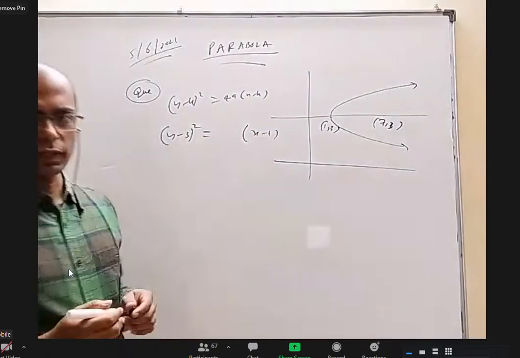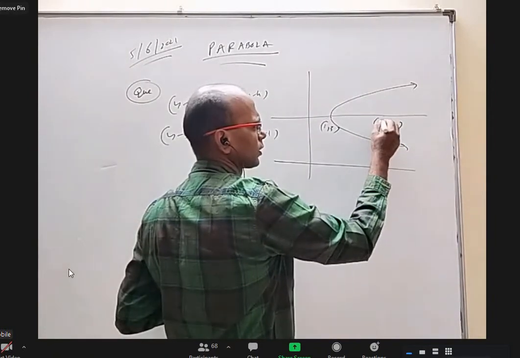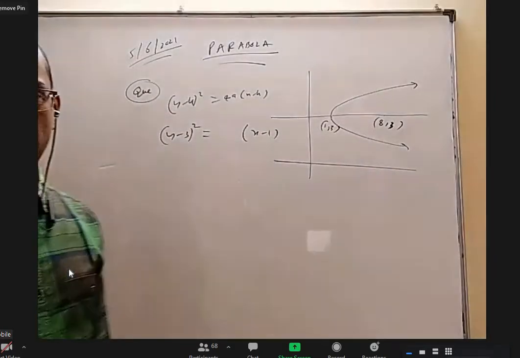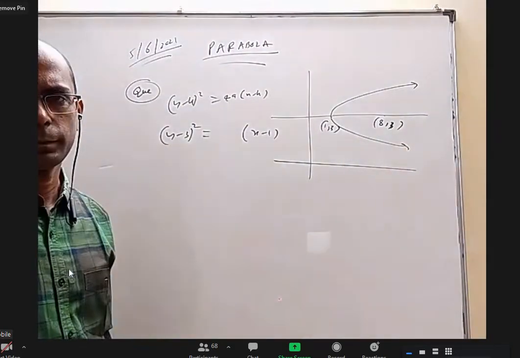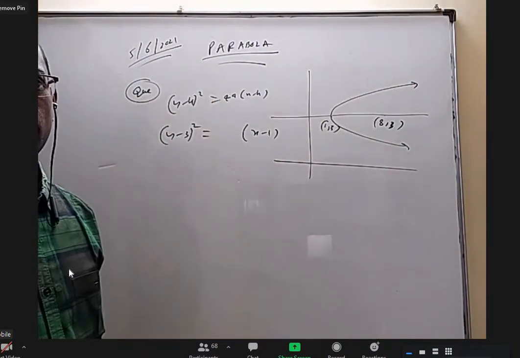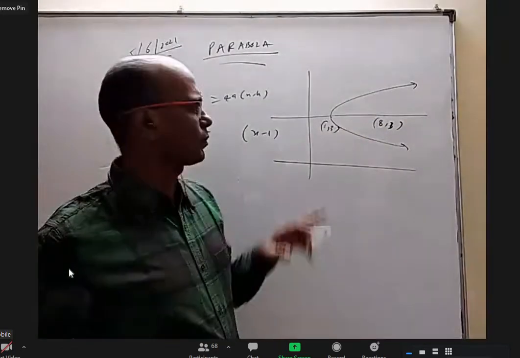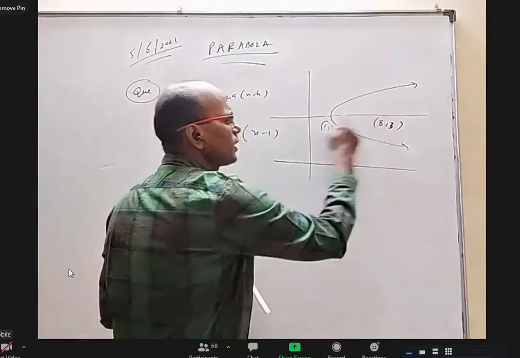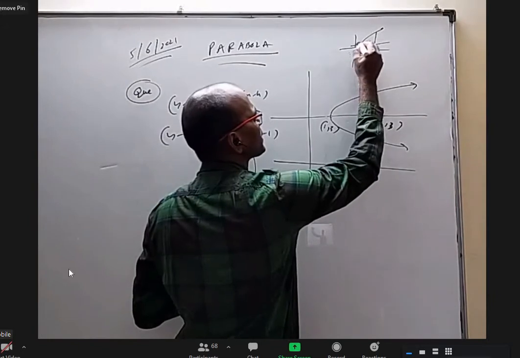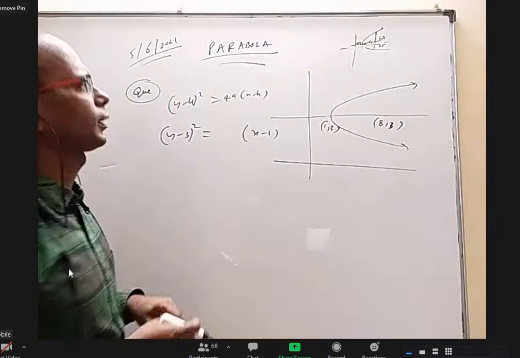But what is 4a? Anybody want to tell what? I gave vertex (1, 3) and focus (8, 3). Anybody want to tell what is the 4a value for this parabola? Sir, 4 times the distance between (8, 3) and (1, 3). Yes. So one should not think this x coordinate is a, because the vertex is not the origin. But the distance between them is always a. I said in a parabola always this is a, this is a, this is 2a, and this is 2a for the latus rectum, right? Okay.